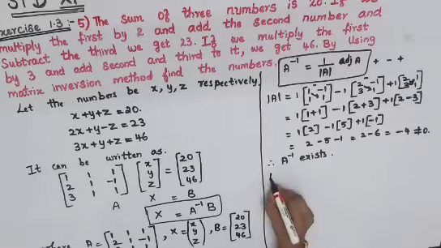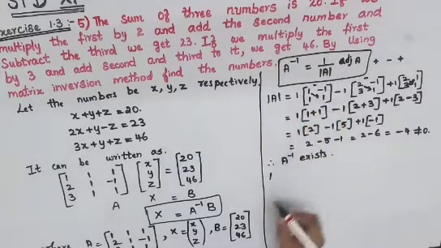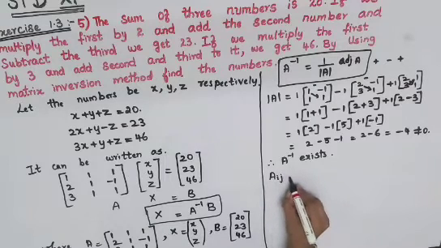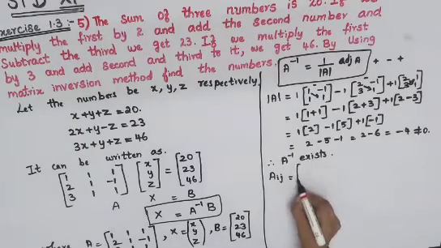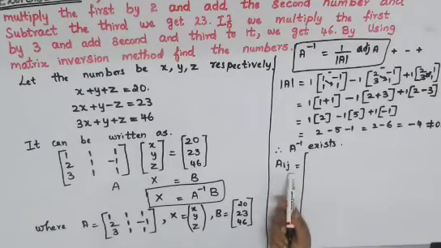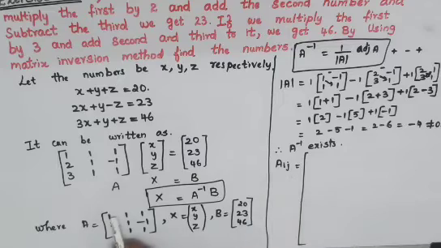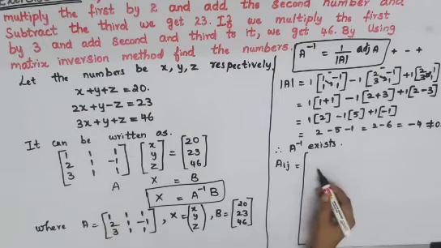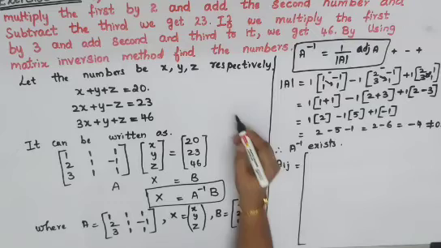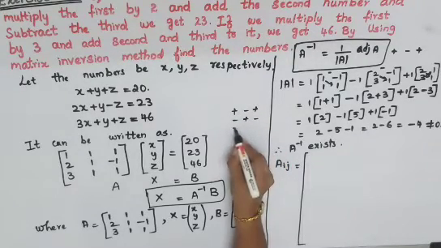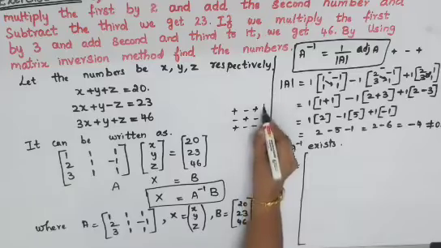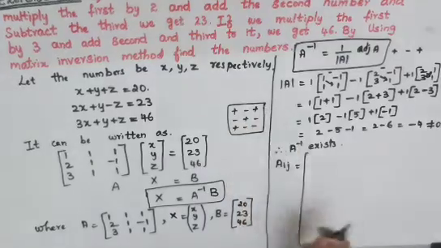Now the next step is you need your adjoint of A. To find your adjoint of A, before that you will have to find your cofactor. So cofactor is nothing but your Aij. Just put a big bracket. You have to find your Aij. Okay, first number is 1. So the cofactor of 1 you will have to find it. Before that we will have to insert the symbol. I just write it here. Plus minus plus, minus plus minus, plus minus plus.